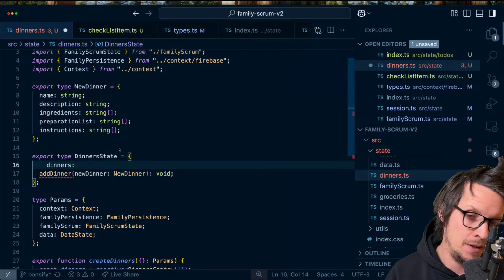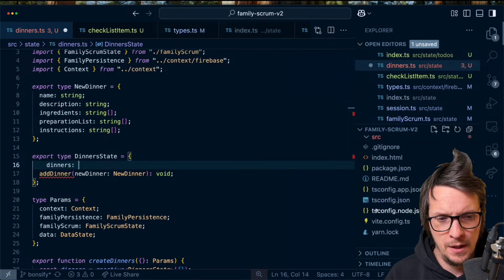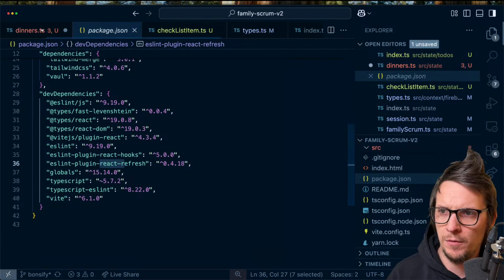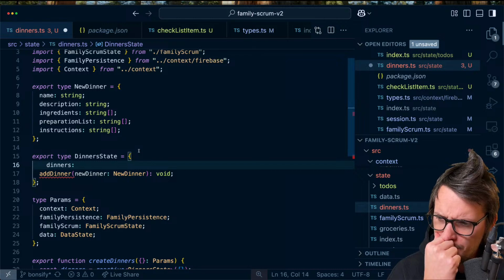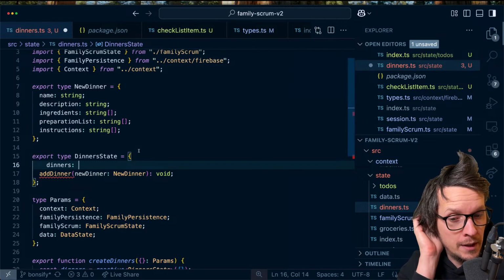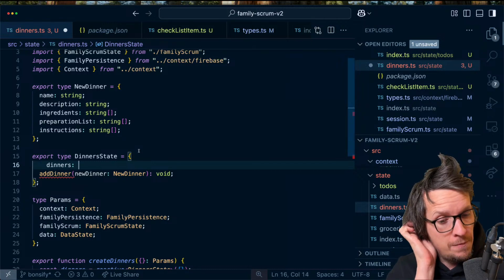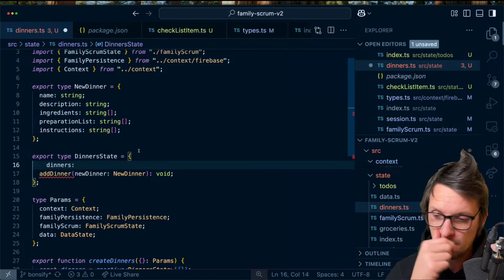Yeah, that's also an interesting thing, right? Did I add a React router here? I think I wanted to try the React router. Did I? No, that was a different project. So I'm just reflecting on what happens when you click edit. What happens when you click edit is that it pushes a view on the stack, which is the edit dinner view,